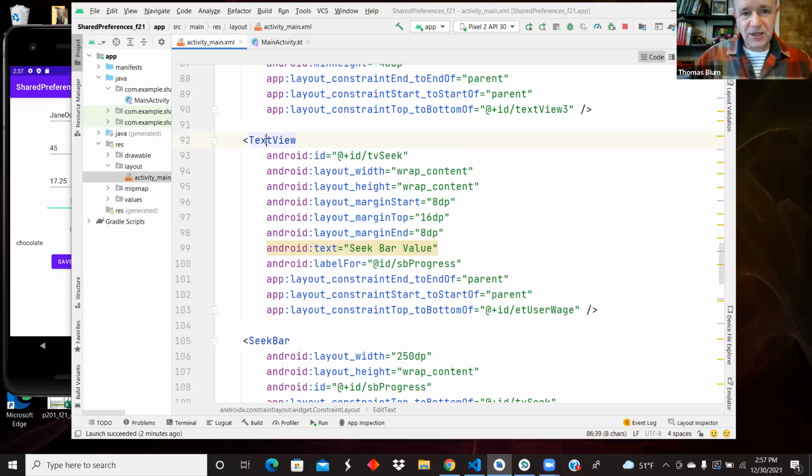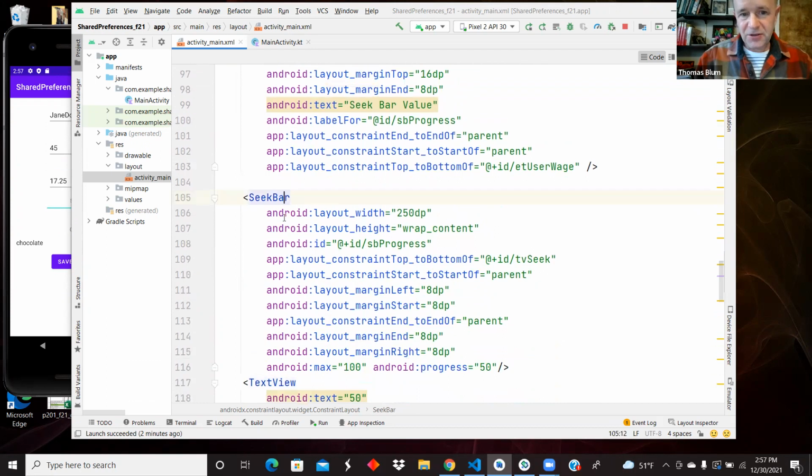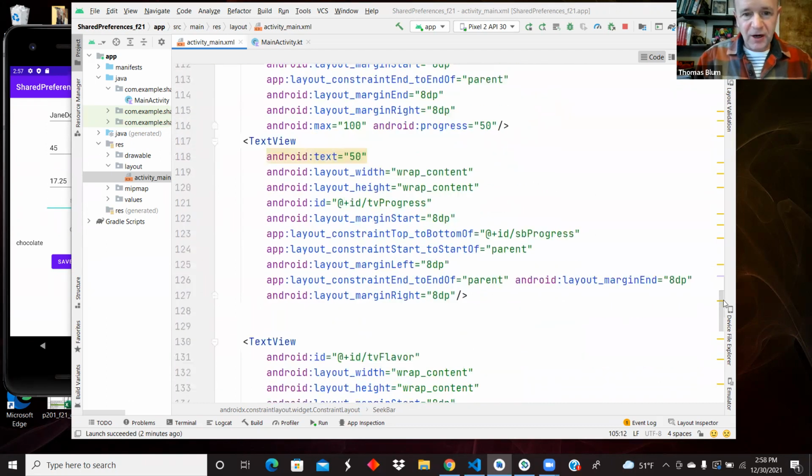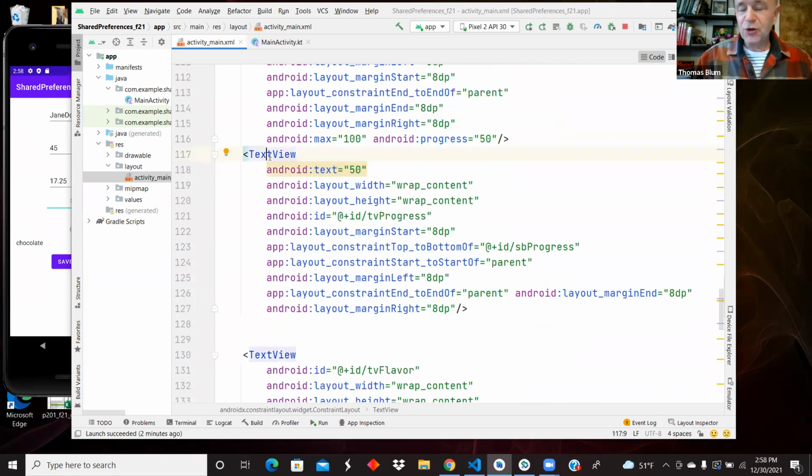So this is just a text bar saying there was some Seekbar. Here is the actual Seekbar, and then here is a text view sort of displaying the text. And so the displayed text by default was 50, but when we first opened it up, it was 49 because